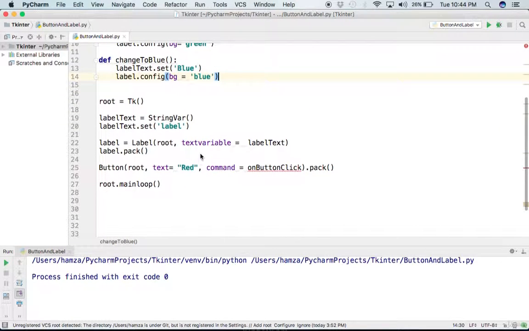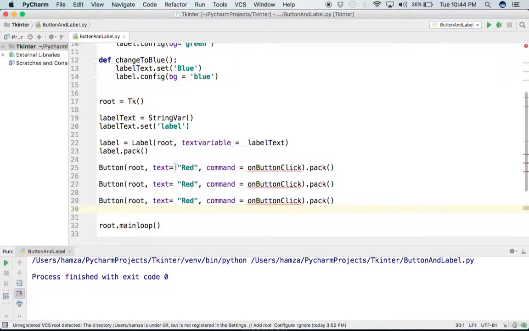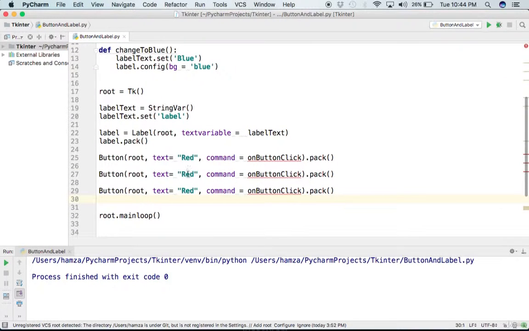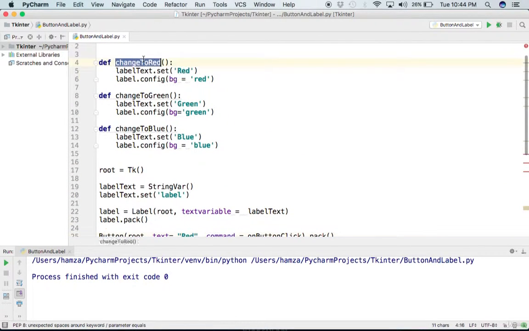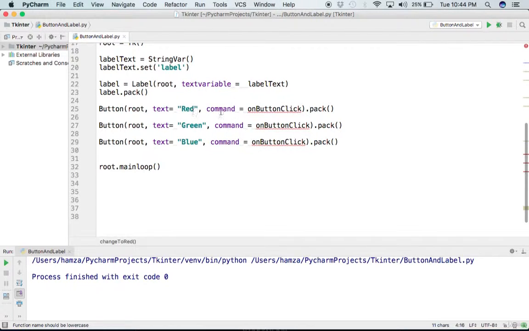Now let's move here. As you can see, currently we have only one button. So I will copy this two more times here. And now we have three buttons. The first one will say red, the second one green, and the third one blue. So when we click on this button, it changes to red, and then the text of the label and color. Now we have to send the command as well. So first of all, I will change this to red. So the first button red, its callback command will be changed to red, and then this one will be changed